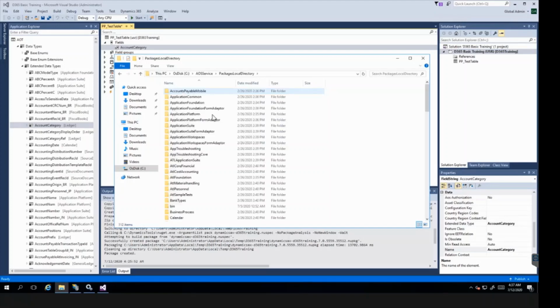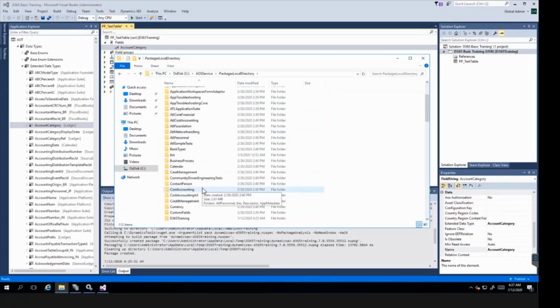Go to the package local directory, D365 training, right click it and delete. So this is the concept of model management. What is a model, what is a package, how to create, update and delete models.